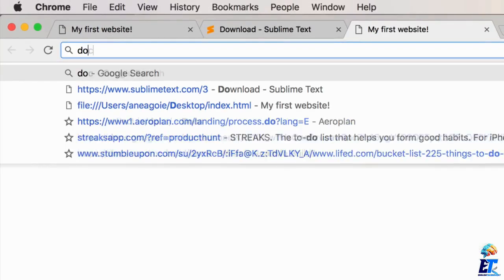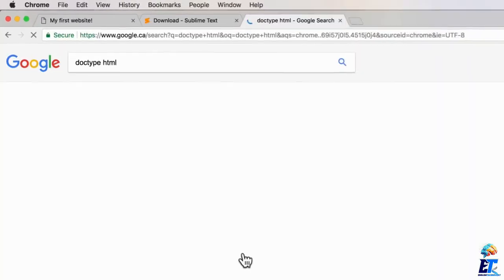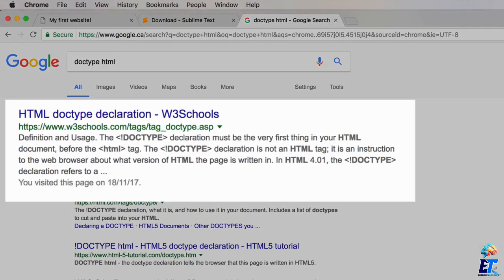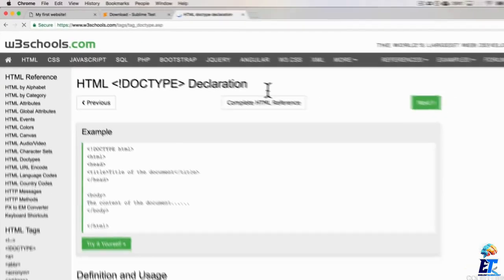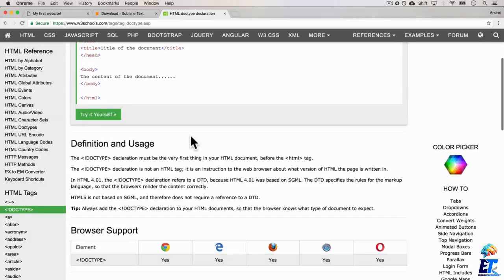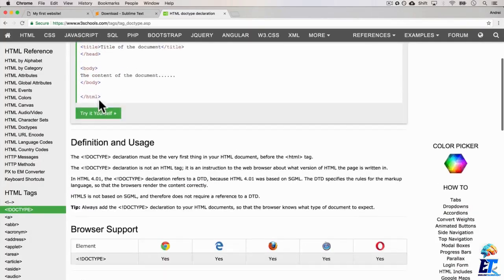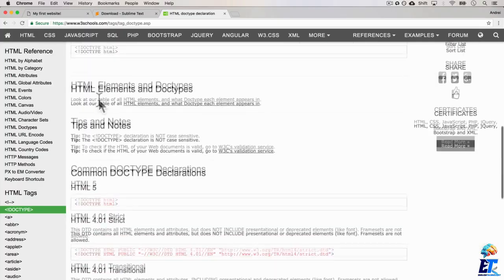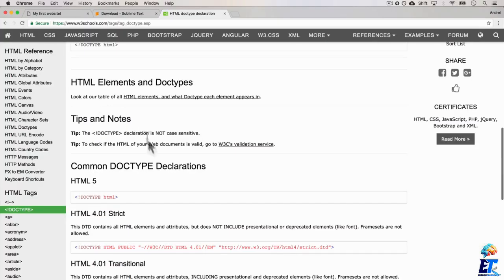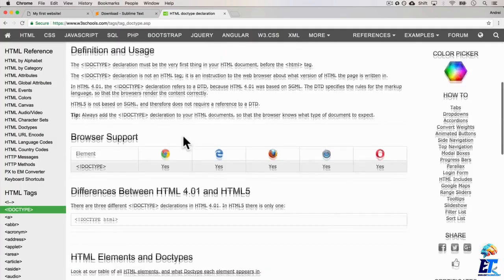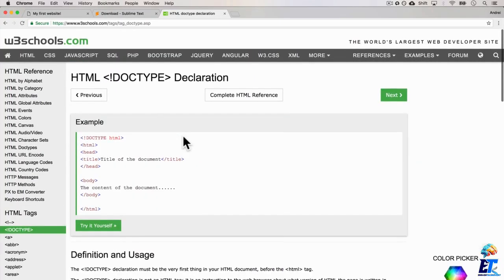So if I go into doctype HTML and we Google that, one of the first things we get is the W3 School. And this is a resource that I highly, highly recommend. It'll actually explain what the doctype is and even show you a demo of what it does. You can read into this and get more familiar with it,